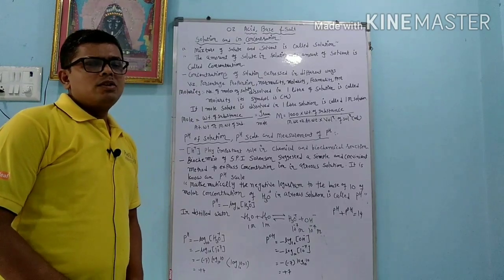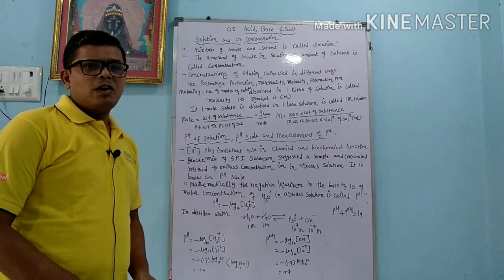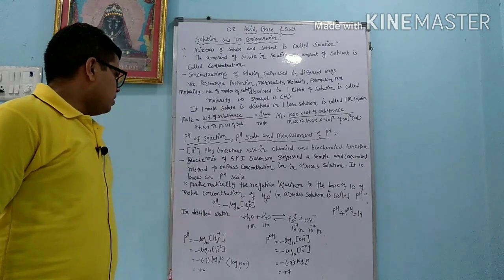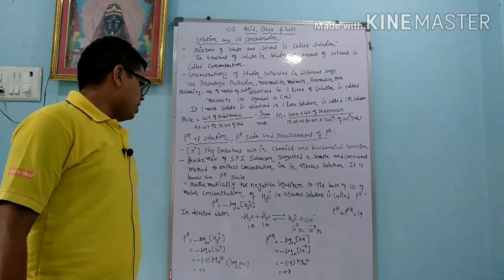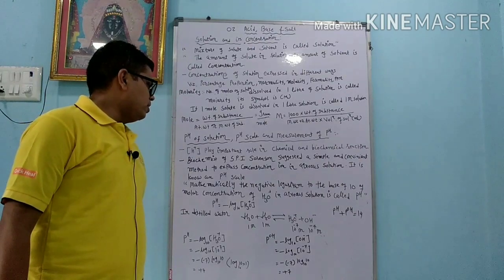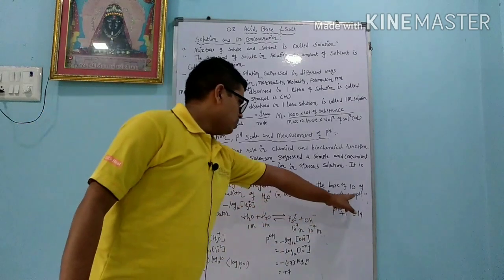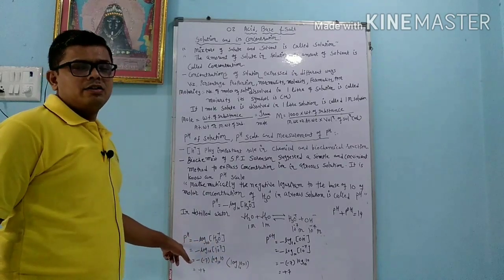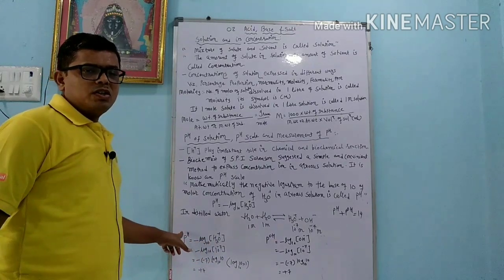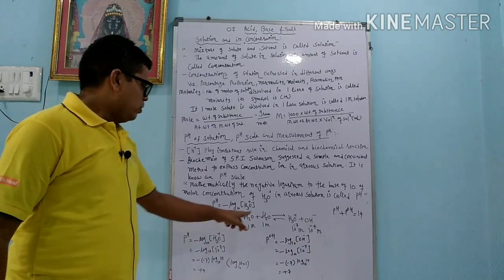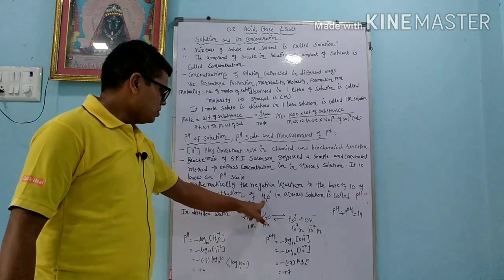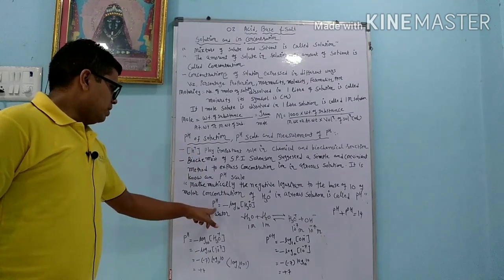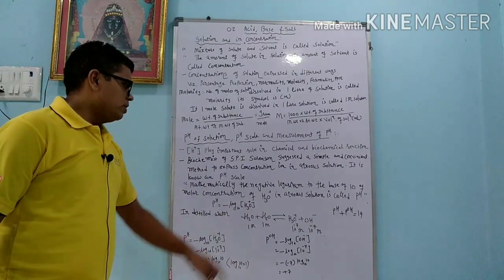Now dear student, what is actually pH? pH is the power of hydrogen ion, or potential of hydrogen ion or hydronium ion. Mathematically, the negative logarithm to the base 10 of the molar concentration of H3O plus ion in aqueous solution is called the pH. So whenever we apply log base 10 to the concentration of H3O plus ion, that is the pH: the power of hydrogen ion or power of hydronium ion. Dear student, I told you that according to Bronsted-Lowry theory you can write H3O plus ion, and according to Arrhenius theory you can write H plus ion. So pH equals minus log base 10 of the concentration of H3O plus ion.